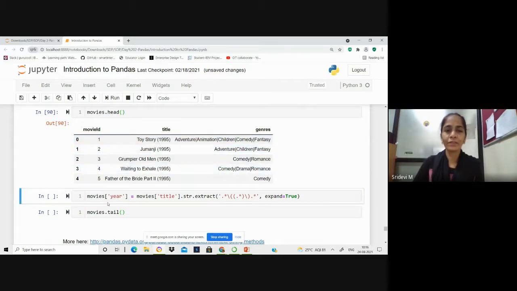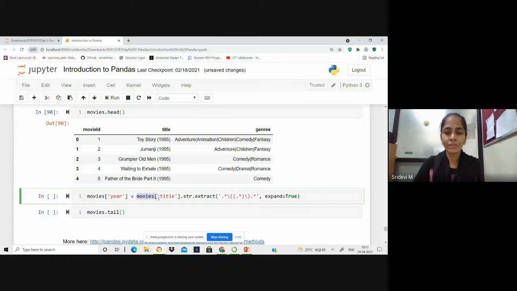If you want to base some queries on the year in which the movie is released, you can extract the year separately from this string by using some regular expressions. Wherever you encounter a year, that has to be extracted separately. So here in this movies table, we are creating a new column year, and we are trying to extract the year from the title and store it separately in a column called year.